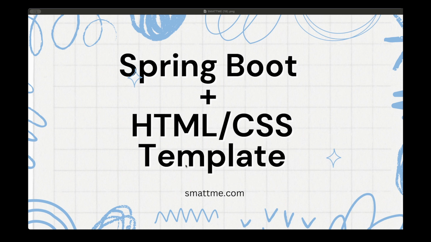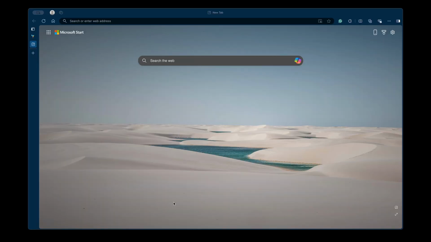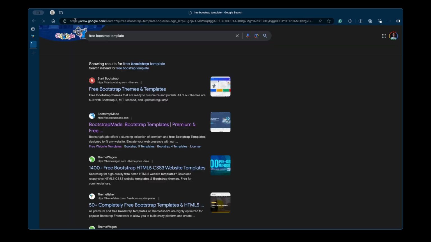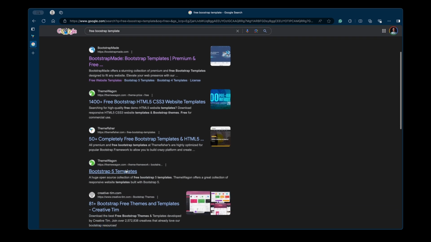So let's start by searching. You can start by searching on the internet, say free Bootstrap template. So you can see Bootstrap is a CSS framework, right? A front-end framework that is very common to use. So we are going to just start with that. So we can see there are quite a number of them where we can get